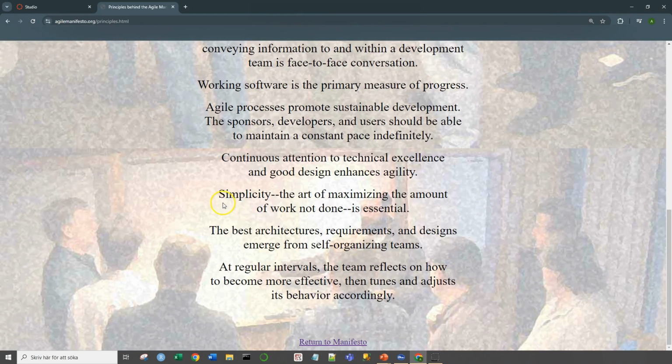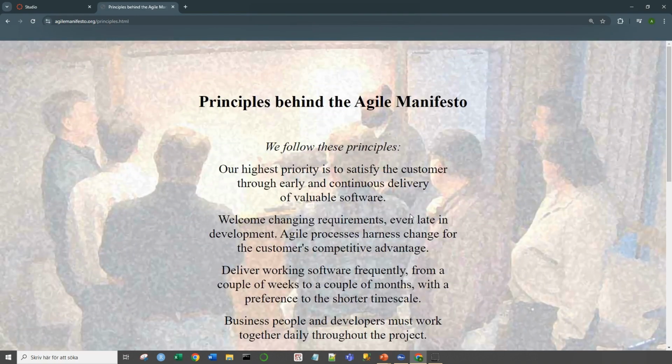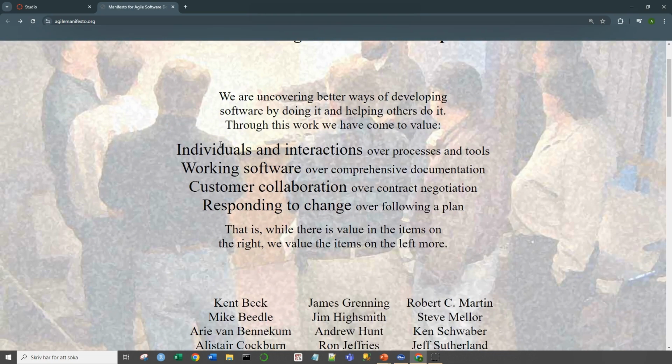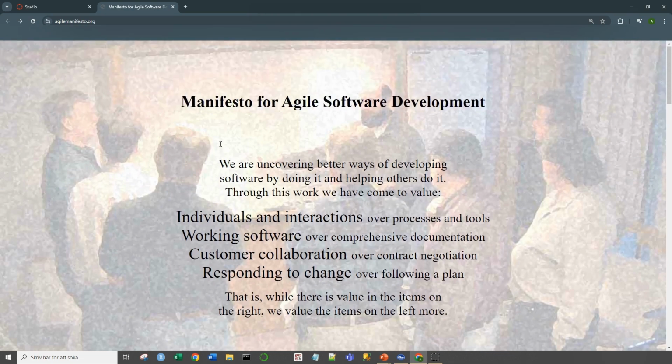And it says that simplicity, the art of maximizing the amount of work not done, is essential. So this is the website of the Agile Manifesto, and I definitely recommend you to look it through. If we go back to our PowerPoint,